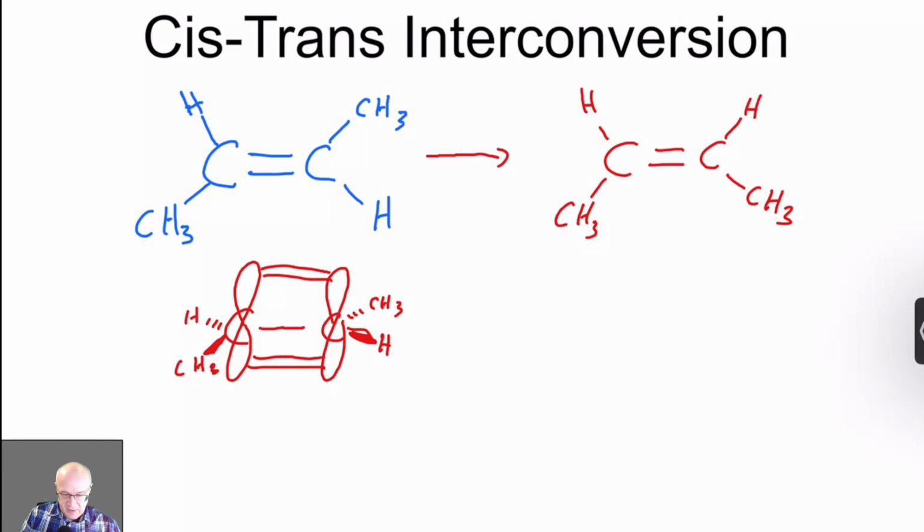So here's our double bond, right? Now this is the trans double bond. In order for this to switch over to this, in order to get that thing to move, we have to break this bond so that we can rotate and then reform. Now that has to be done chemically. There's no other way to do it. So you have to break this interaction here and here so that you can get